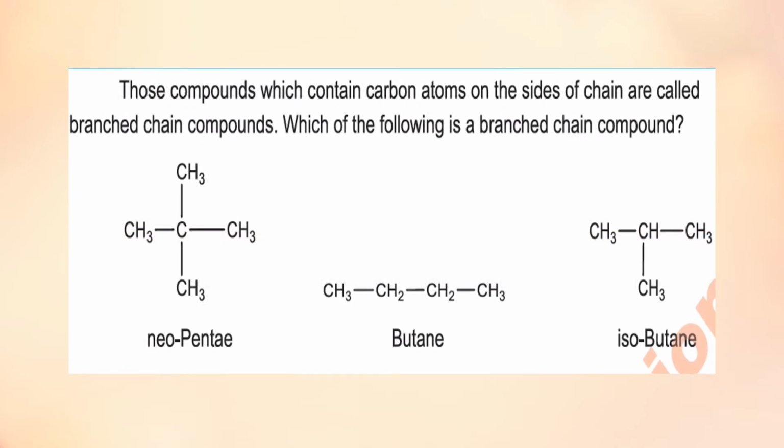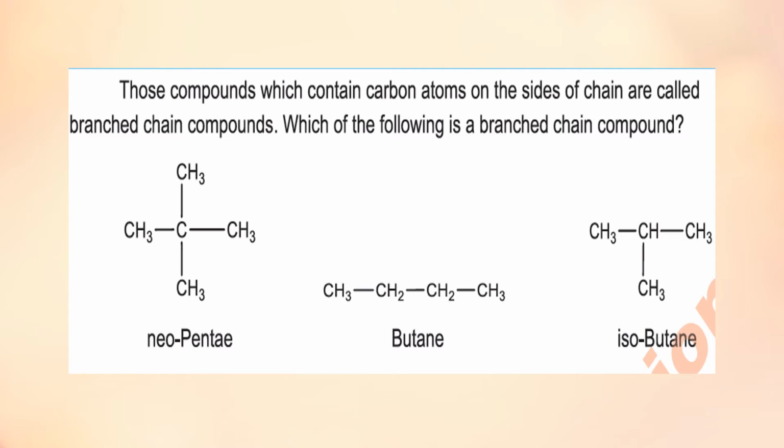The second type of acyclic compounds are the branch chain compounds. Branch chain compounds have at least one branch at any of the carbon atoms except the terminal carbon atoms. They have one side chain considered as the branch. You can see here the examples of neopentane and